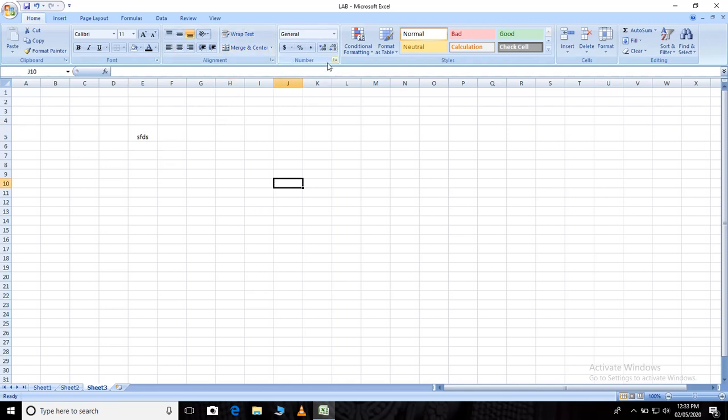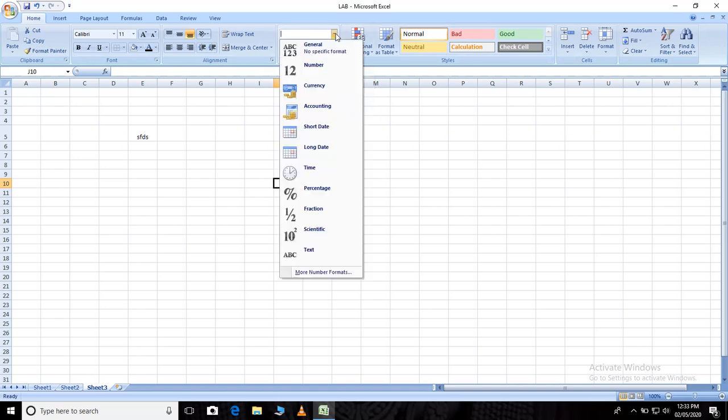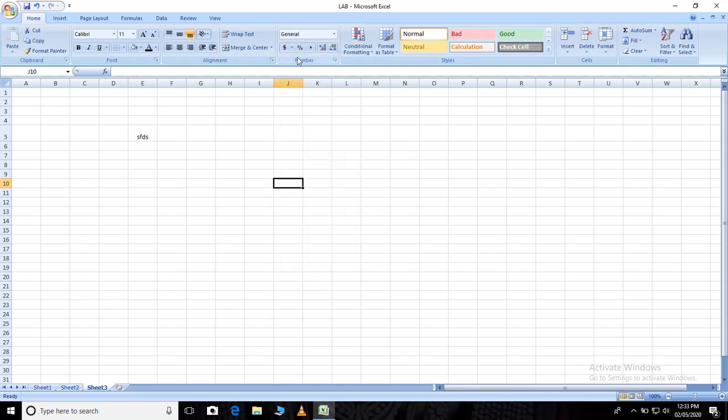Then here if you check the numbers, whatever you want, whether it is general, or currency, or percentage, or fraction, or scientific, whatever you choose, it will indicate there. In our case we want general only. Don't change that. Here we have options like dollar and percentage. Then there are different options, and here you can increase or decrease the decimals. I'll show you later on. These are different options; right now these commands are not useful here.